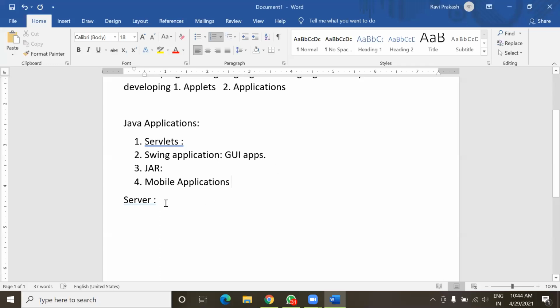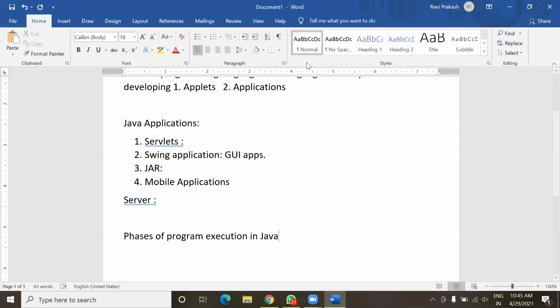Now the next topic is phases of program execution in Java. Whenever we have to create any program, first of all we write the code in any text editor.